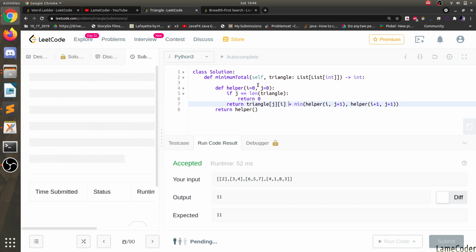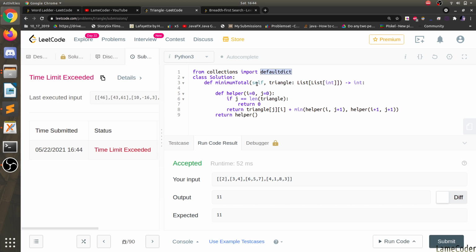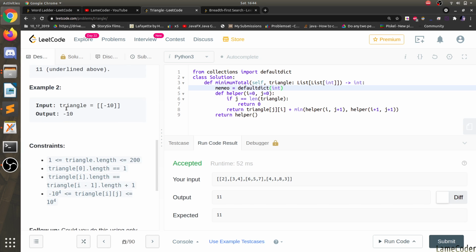I might get TLE in here. So instead of getting TLE, let's import default lib. And yeah, TLE we got it. So we will memoize our recursive function. For each i and j, which can hit 200 cross 200, no problem.